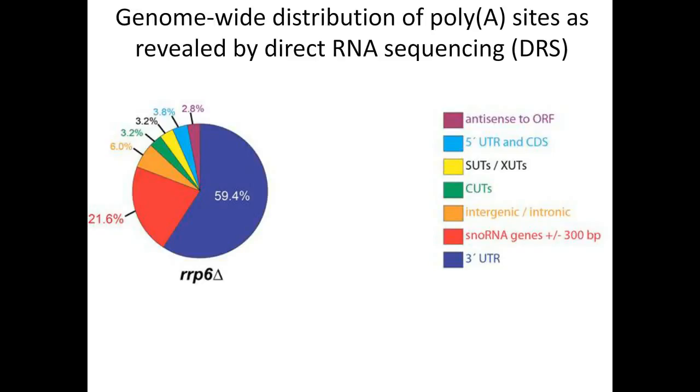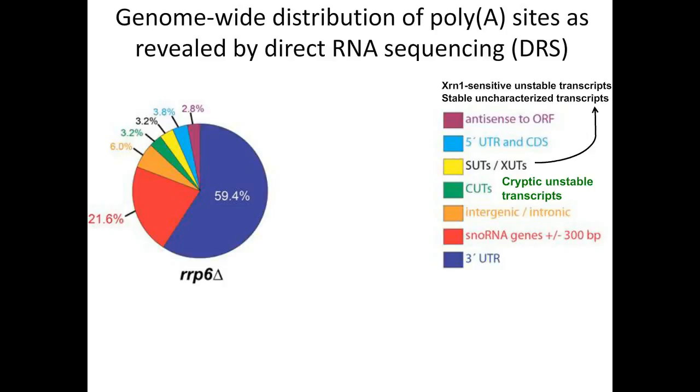So if we look at the direct RNA sequencing results and what they revealed for these samples, when we inactivated the nuclear exosome, we can see that a substantial fraction of the transcripts map to the 3' UTR, which is what we expect for the protein coding mRNAs. However, we see that in these cells, a large fraction of the transcripts come from these other categories of genes, in particular the SNO RNA genes, which are small nucleolar RNAs that are involved in ribosome biogenesis. And we also see these other cryptic transcripts, in green, the cryptic unstable transcripts, and these other categories of transcripts